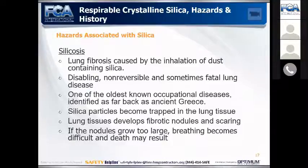So what are the hazards? What are the hazards? At the end of the day, it causes silicosis, which can turn into cancer. So we're talking about lung fibrosis. When we inhale the silica, this is non-reversible. Sometimes, yes, it's fatal, and we've known about it for a long time, okay? I'm going to show another video, and it's